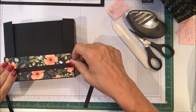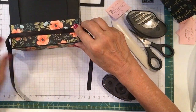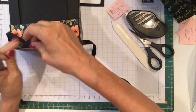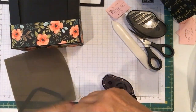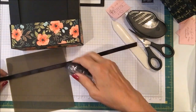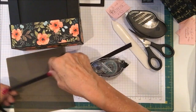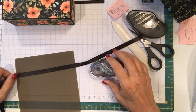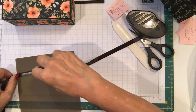I want this to lay across here, and what I'm going to do is pinch that one in the center so that I know where that center is, and I'm going to put a little bit of Snail adhesive on this ribbon along the back so that the ribbon won't slide off the box. So I've got my little mark that I made right here, so I'm going to put some Snail on both sides of that mark,